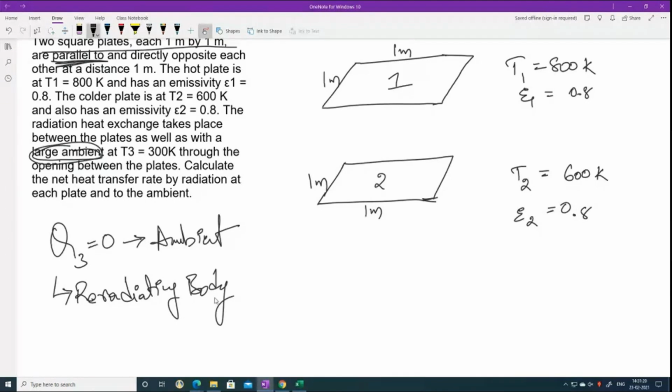So what he is asking is to calculate the net rate of heat transfer by radiation at each plate to the ambient. Essentially he's asking me to find out Q. So for that, what we need here is